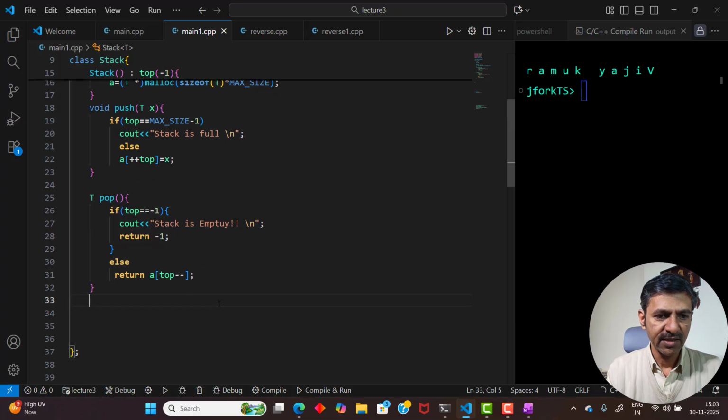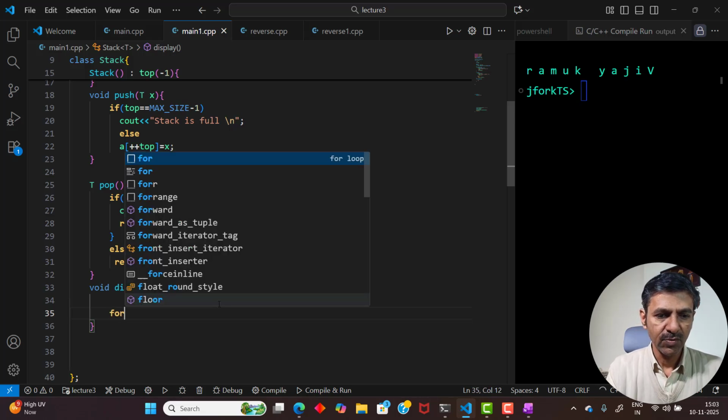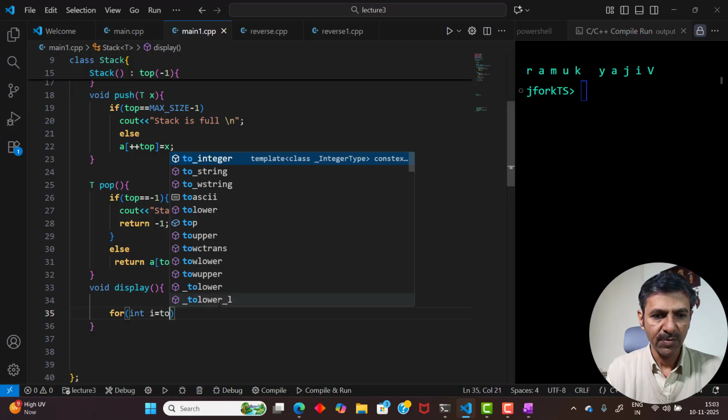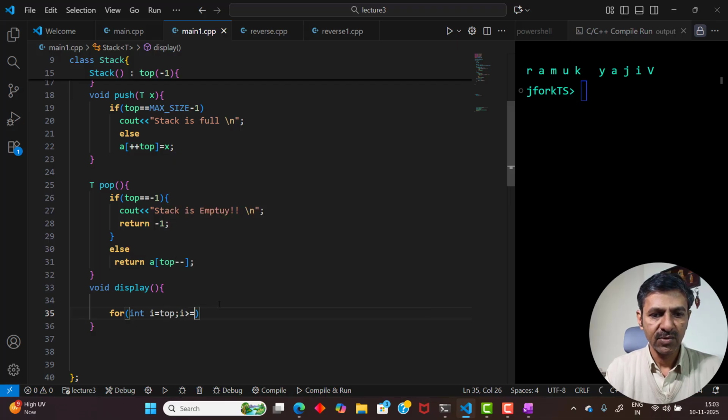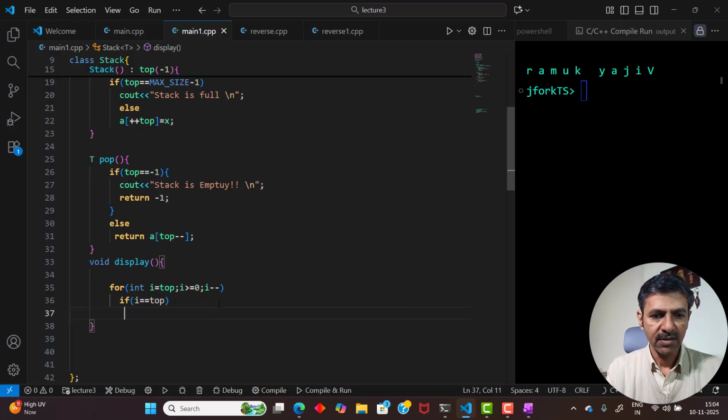And if you want to display the elements, void display, you can use a for loop: for int i equal to top, i greater than or equal to 0, i--. So you should go in the reverse order, and if you are at the top you want to display some string also. If i is equal to top, then cout A[i] with an arrow here,